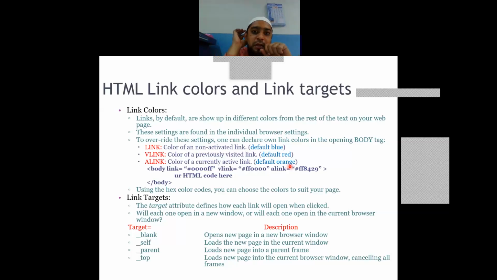For that reason, you have an attribute called blank. If you use the attribute value blank, then it opens a new page in a new browser window.